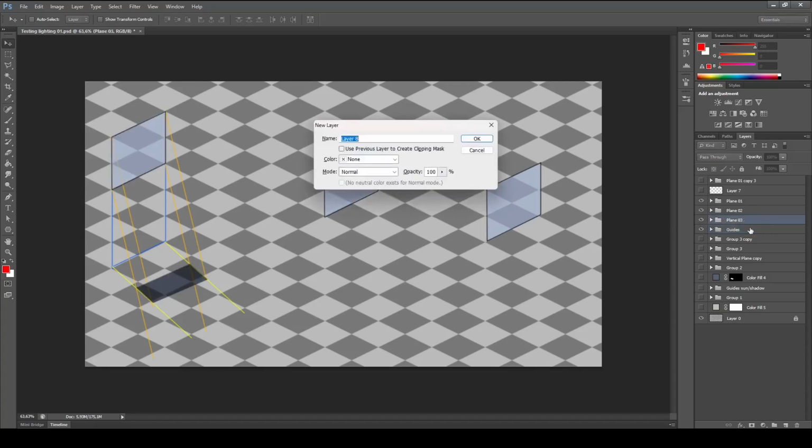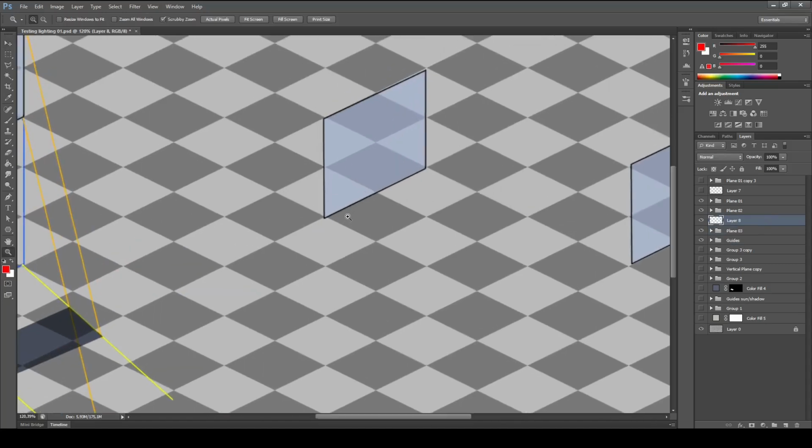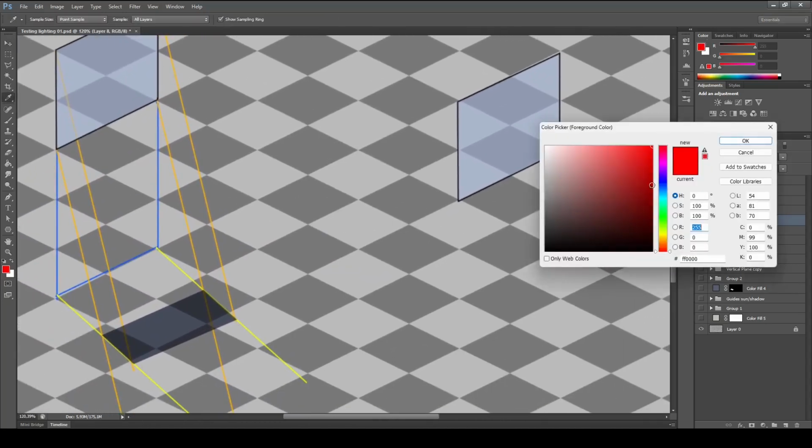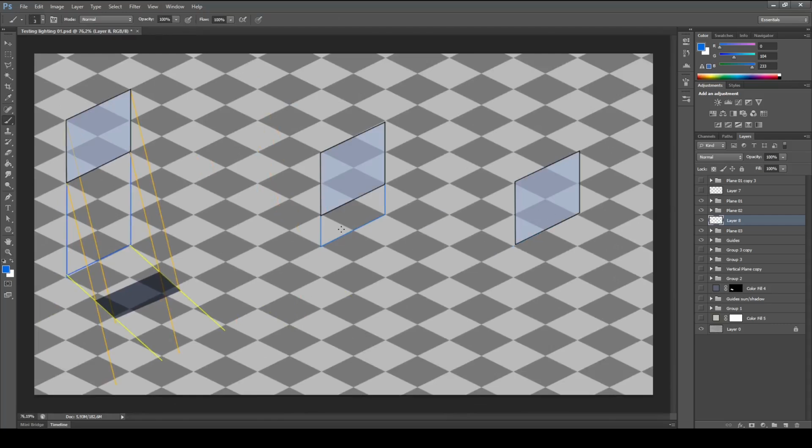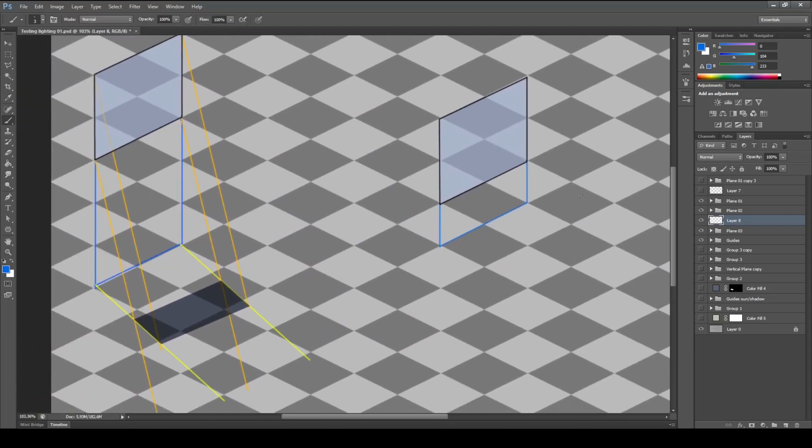So Shift Control New, enter, and I'm going to use blue for the vertical lines. Try to keep a kind of system where you use the same color for your guidelines, which will make it easier to follow and understand what you need to do. So let's call that guides